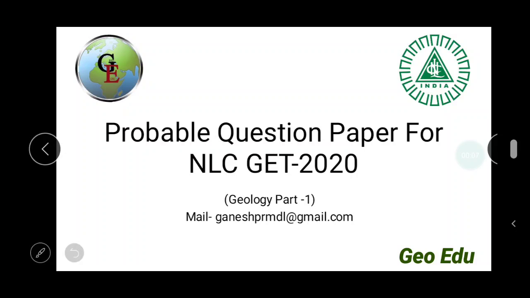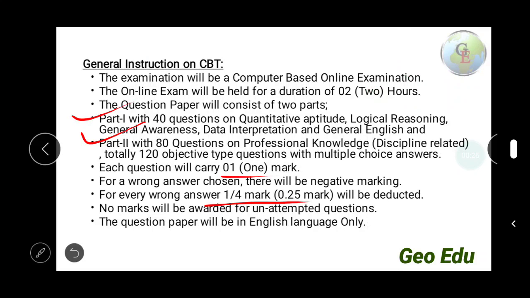As the NLC Graduate Training Examination 2020 is going to be held on 24th of November for geology subject, I have prepared one probable question paper for the NLC examination. Let's go to the first slide. There will be some instructions like